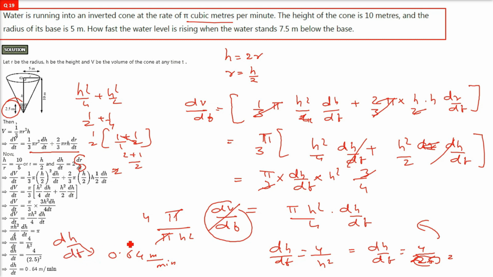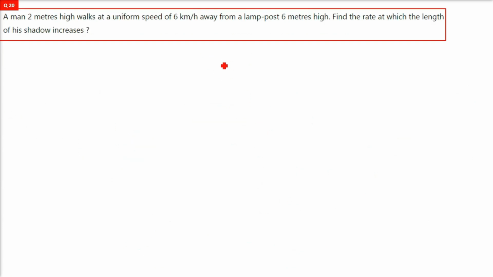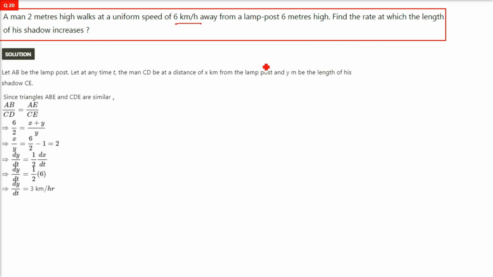Okay, 1 by 3 pi r square h and the similar triangles. A man 2 meter high walks at a uniform speed of 6 km per hour away from the lamppost 6 meter high. Find the rate at which the length of his shadow increases. So this question we have already done. So I'll just give you a hint, because 2-3 questions we have already done. This is 6, lamppost, a person is standing, he is 2 meter, assume this to be x, this to be